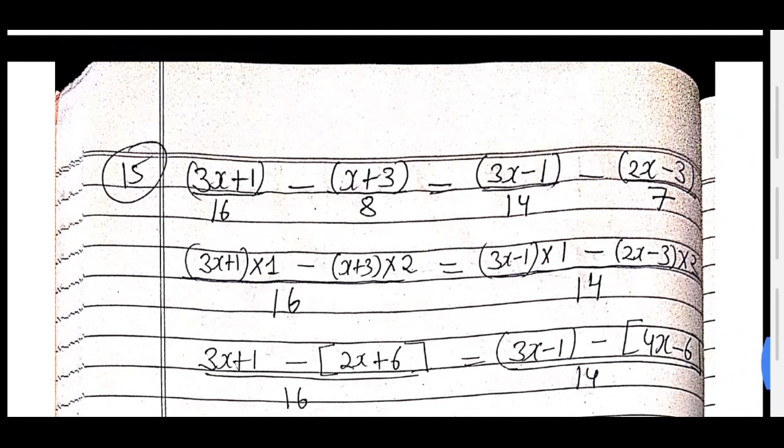Come on, 15th part of this exercise. 3x plus 1 upon 16 minus x plus 3 upon 8 is equal to 3x minus 1 upon 40 is equal to this. So what do you do? Just do